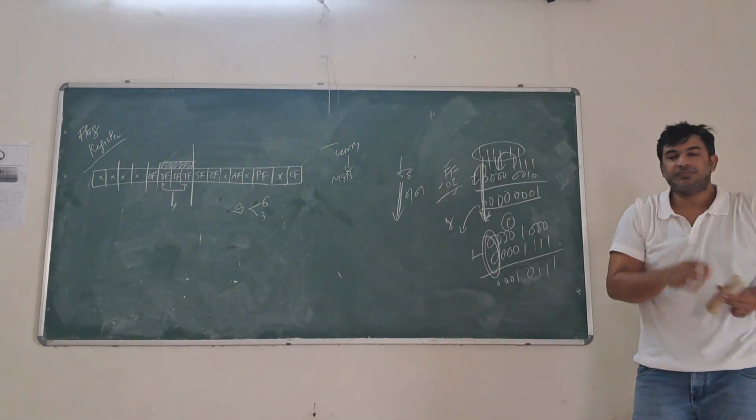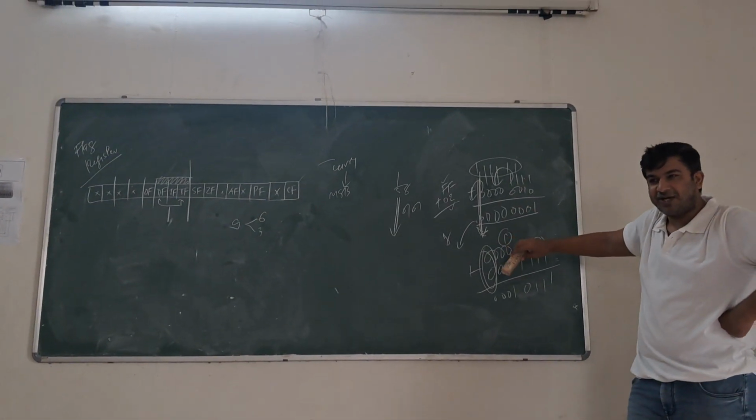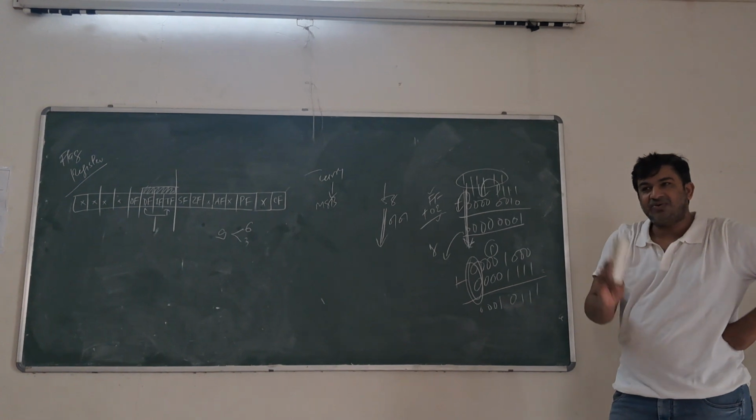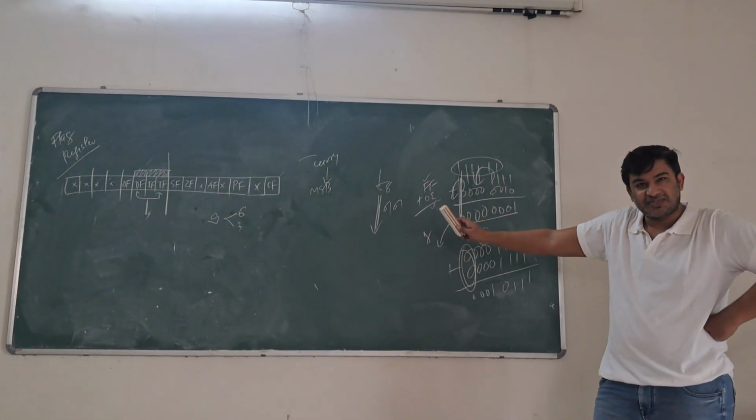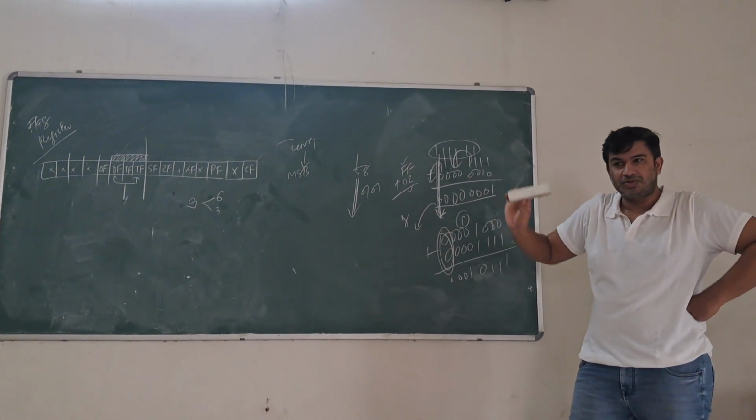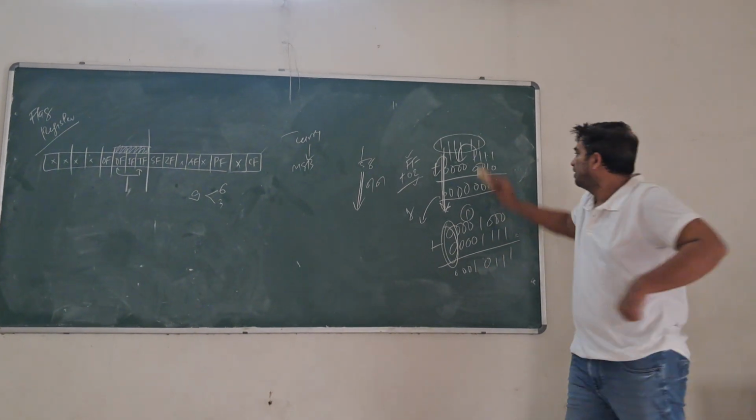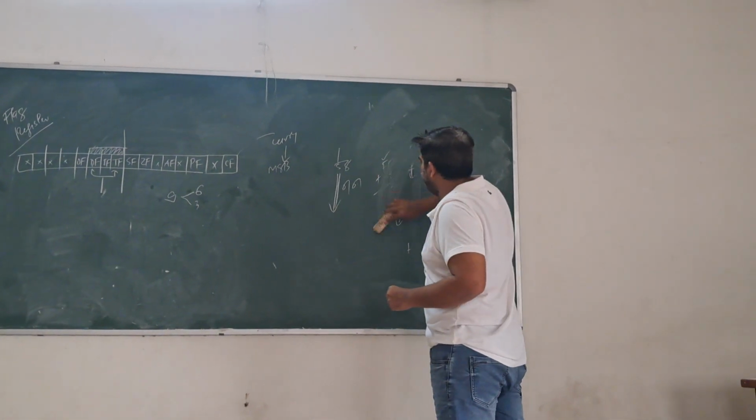Now back. So this is clear. What does the carry flag do? The carry flag will get set when you are having a carry from the MSB. Else it will be 0. Settled? Okay. Now next is